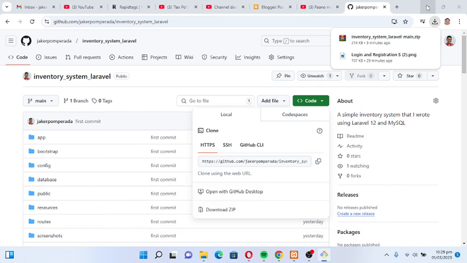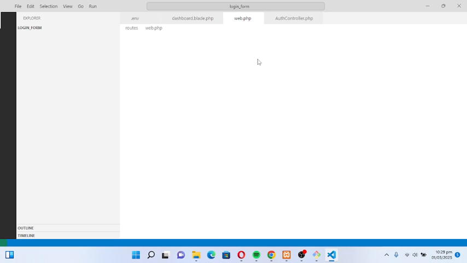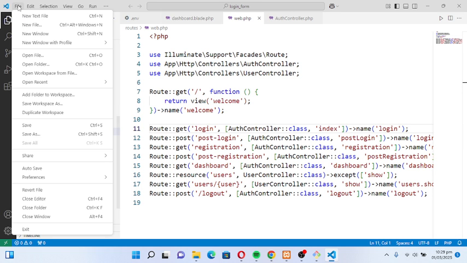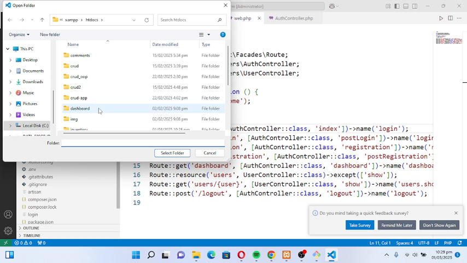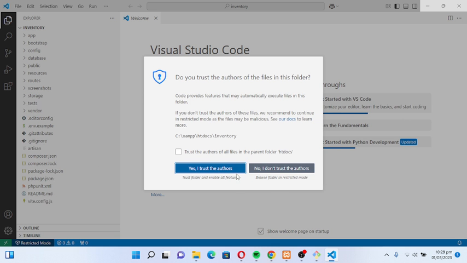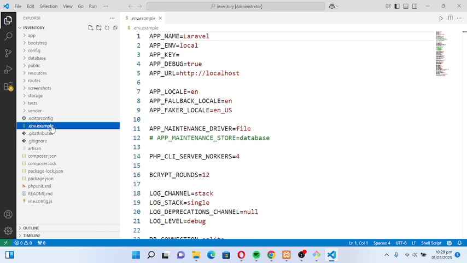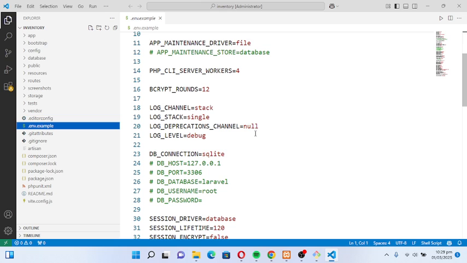What is the file? Open the folder. Inventory. Okay, yes. Go to web.